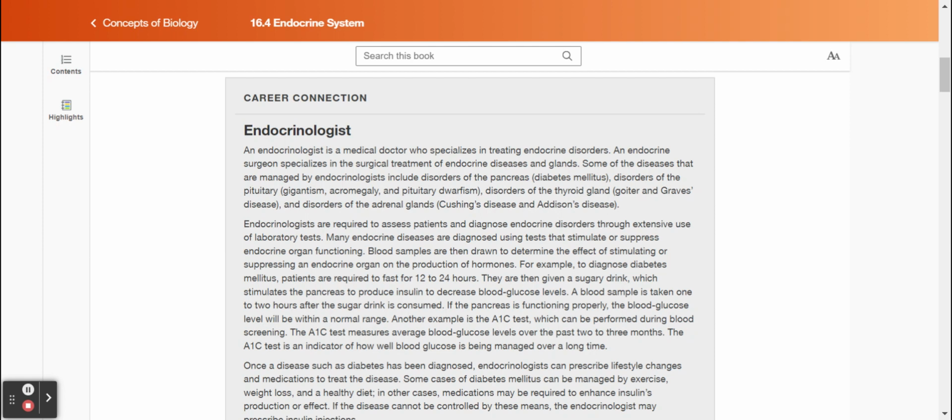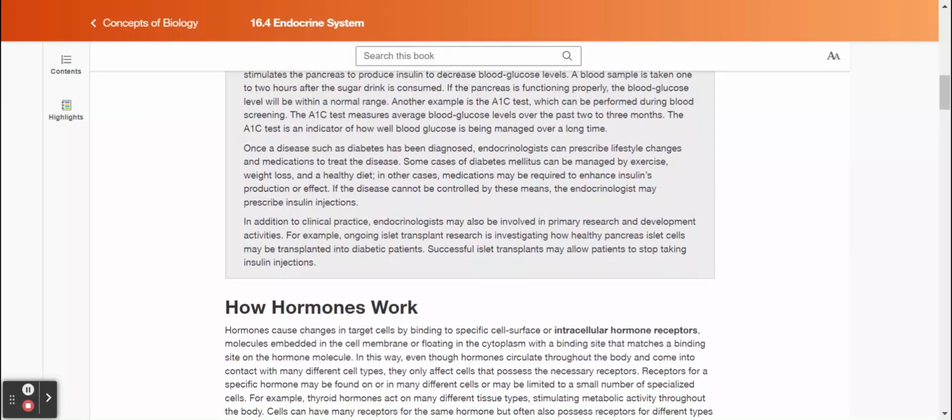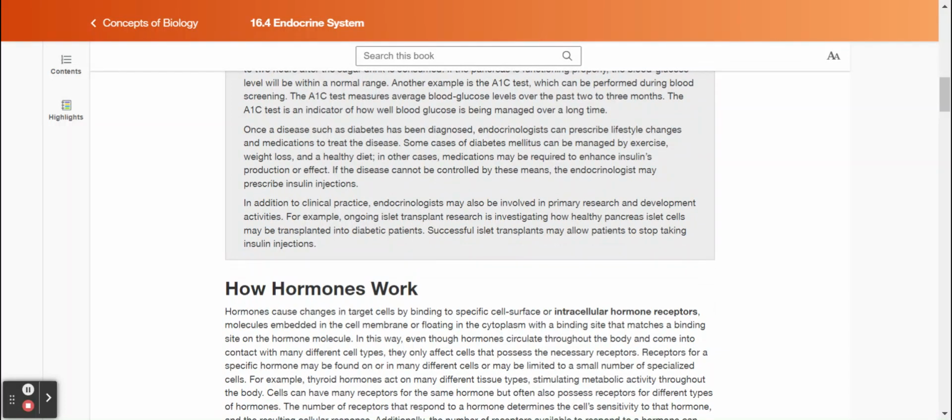If the pancreas is functioning properly, the blood glucose level will be within a normal range. Another example is the A1C test, which can be performed during blood screening. The A1C test measures blood glucose levels over the past 2 to 3 months. The A1C test is an indicator of how well blood glucose is being managed over a long time. Once a disease such as diabetes has been diagnosed,